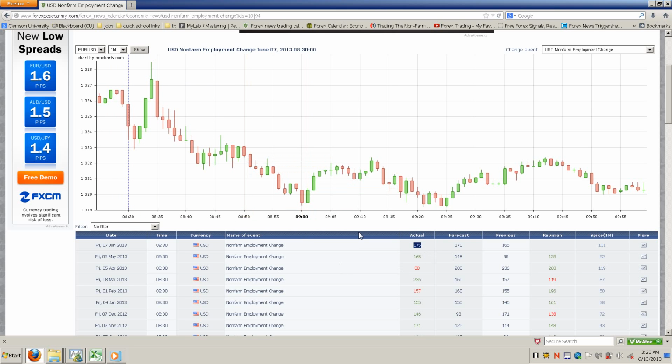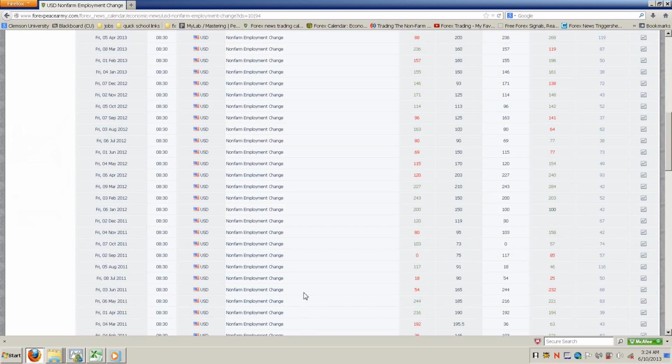Is it good or bad for whatever currency? Go find a pair, like Euro USD, and just notice: is it the denominator or the numerator? If it was USD versus the euro, which isn't even in existence, it would have gone up, because the numerator would have gotten bigger. You see what I'm saying? Anyways,